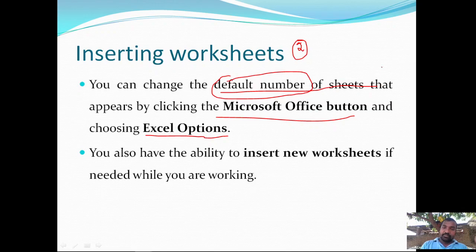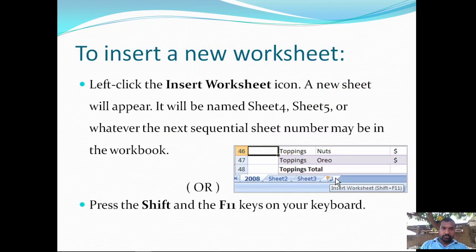By default we have three sheets that appear, right? Sheet 1, sheet 2, sheet 3. If you want to change, you can. Okay, so this is about Excel options. Now to insert a new worksheet,